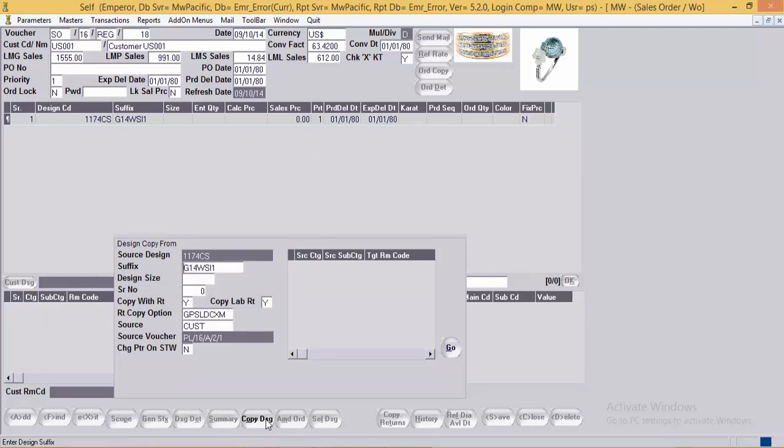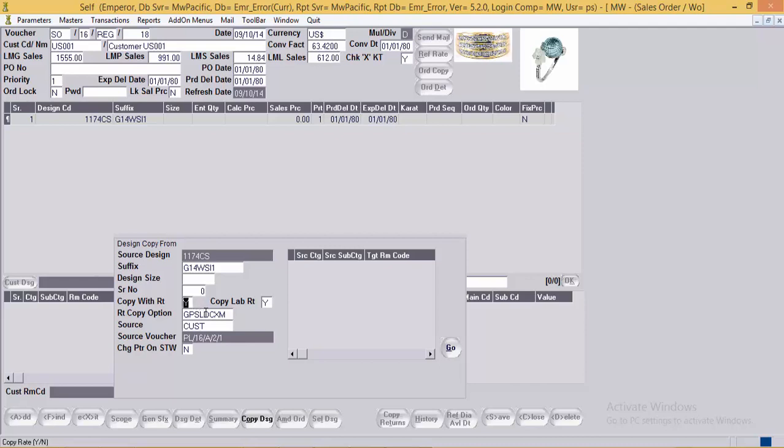Here the user searches if the given design and suffix combination already exists in the PDCM or not. If it exists in the PDCM, the system will get the PDCM record, that is the source voucher over here. Or else, if it doesn't get the required combination in the PDCM of US001, then it searches for the PDCM of Z self, and if found there, it will get the PDCM of Z self as the source voucher. Or else, if it doesn't find the record in any of the PDCM, it will get the source as design master. Here we have the PDCM, so we are getting the source voucher number over here.